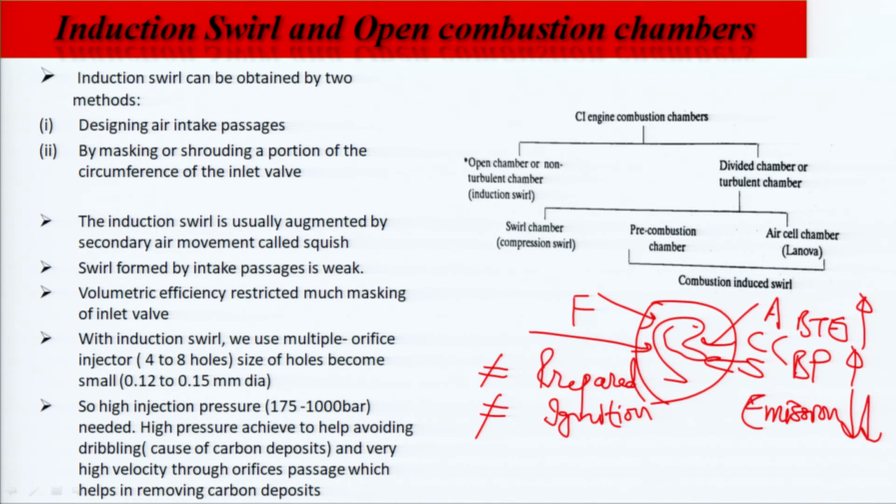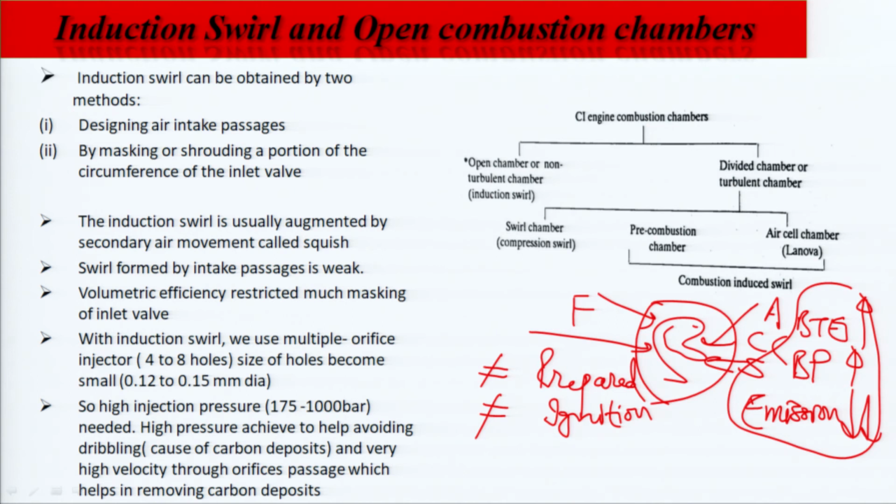So, the purpose of designing the combustion chamber in a CI engine is to achieve these targets, and it is very challenging to design a CI engine combustion chamber. And why it is challenging we have discussed, because you have to design for two things, preparation of the mixture and ignition, in a given infinitesimal interval of time. We have also discussed in the last lecture that CI engine combustion chambers are classified into two types: open chamber or non turbulent chamber,